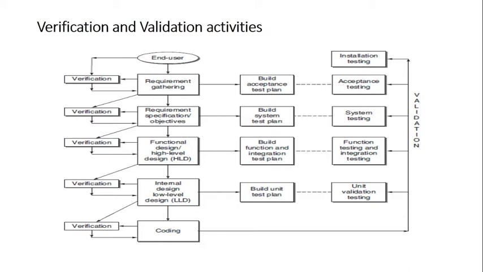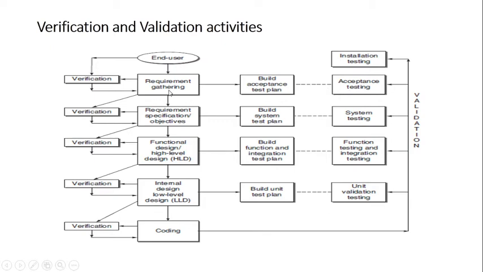So once you go for requirement gathering, you have to verify that we have gathered all the requirements. Once it is verified that all the requirements are properly gathered, we prepare the acceptance test plan. Because requirements are gathered, that means all the inputs and outputs have been identified. So the acceptance plan can be prepared here, which in turn is going to help us in acceptance testing.